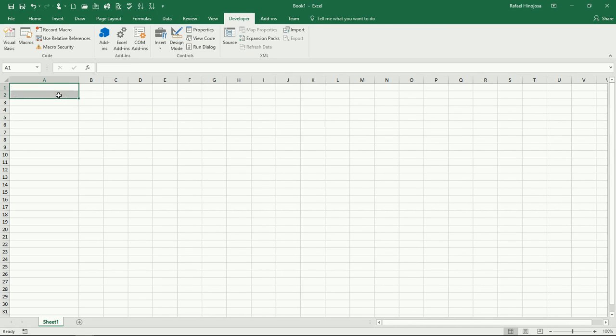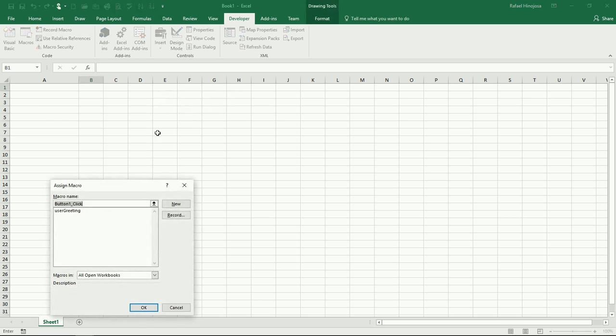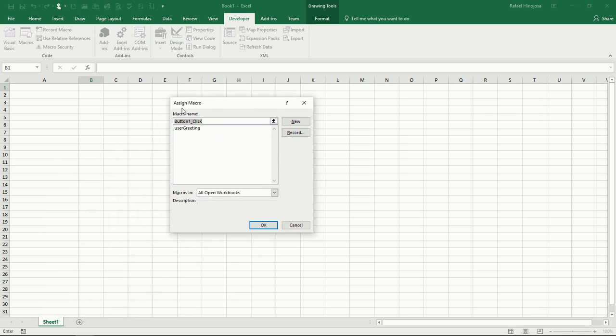A very nice way to do that: we can create a shortcut in the keyboard, but I think the best way is here on the Developer tab. Come to this group that says Controls, and here on Insert, you have Form Controls. The very first one is a button. Just insert a button, and immediately it's going to ask if you want to assign a macro to this control. Yes, I want to assign this macro, the user greeting, select it,